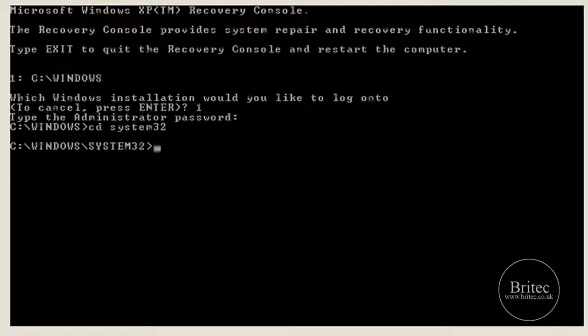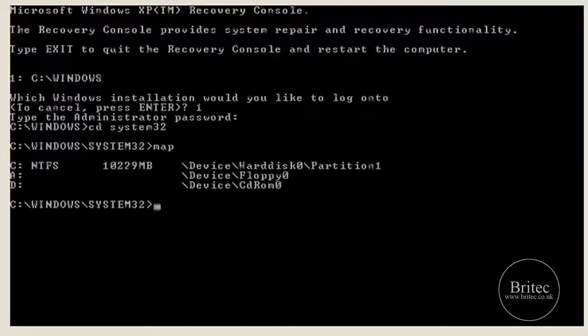Now we're in the system32 directory. Now I need to type map, M-A-P, and that will show me what CD-ROM drive I've got my disk in. So it's D. So I now know the letter I have to put for my CD drive is D. So I need to put expand D colon backslash